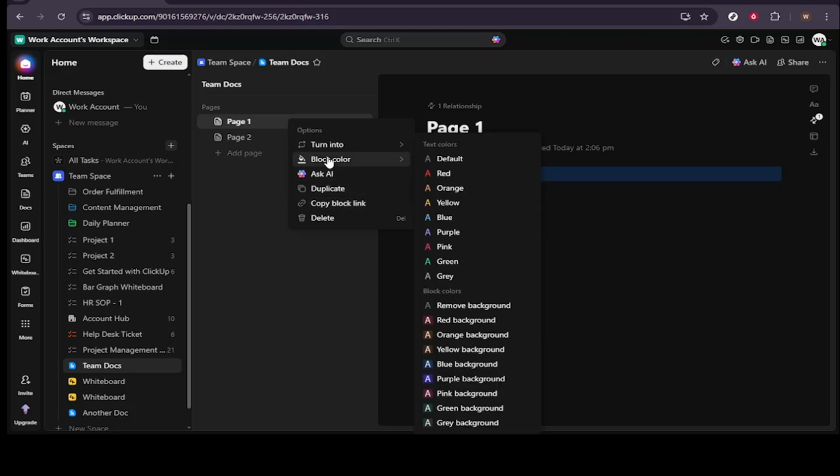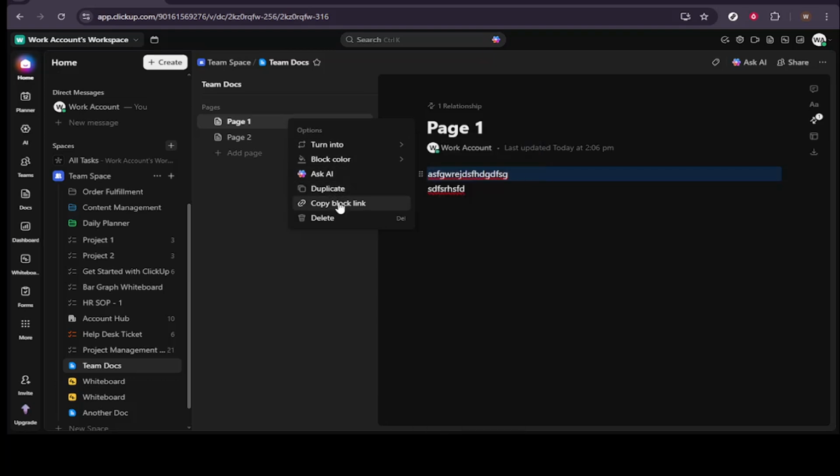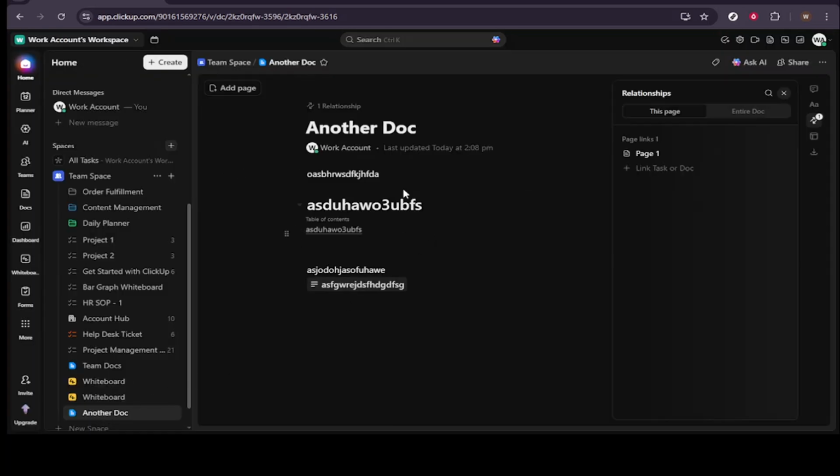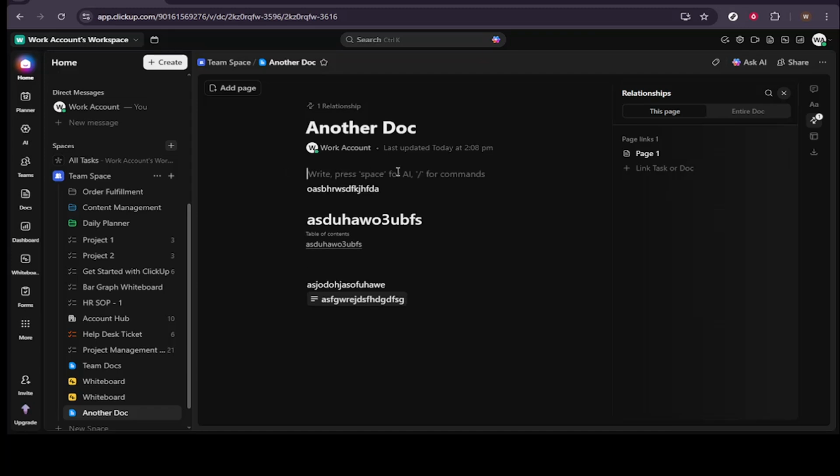Now move to the doc where you want to place the link. Open the options menu for that doc. Navigate to the other doc you want to edit, and click into the area where the link should live. If you want the link to be part of a sentence, highlight the text you want to turn into a hyperlink. Then use the Insert Link option in the editor toolbar and paste the block link you copied. Save the change by clicking away, and test it by clicking the new link to confirm it jumps to the